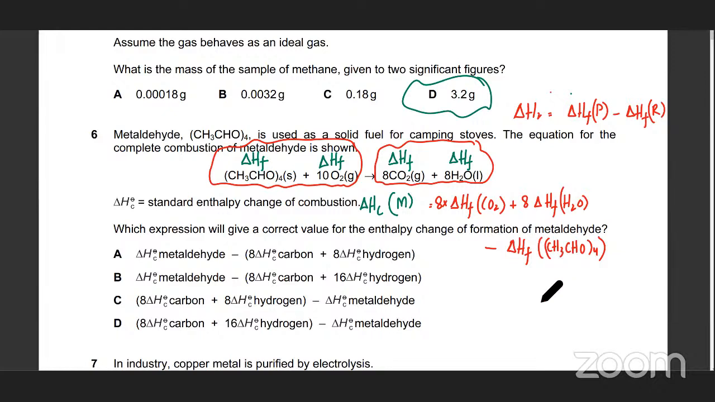And what you just have to do now is rearrange everything, because he was asking for the expression to give the enthalpy change of formation of metaldehyde. So which is this one. So substitute the places of these two. So it's going to be 8 times delta HF plus 8 times delta HF of H2O and minus delta HC of metaldehyde. So 8 times delta HC of